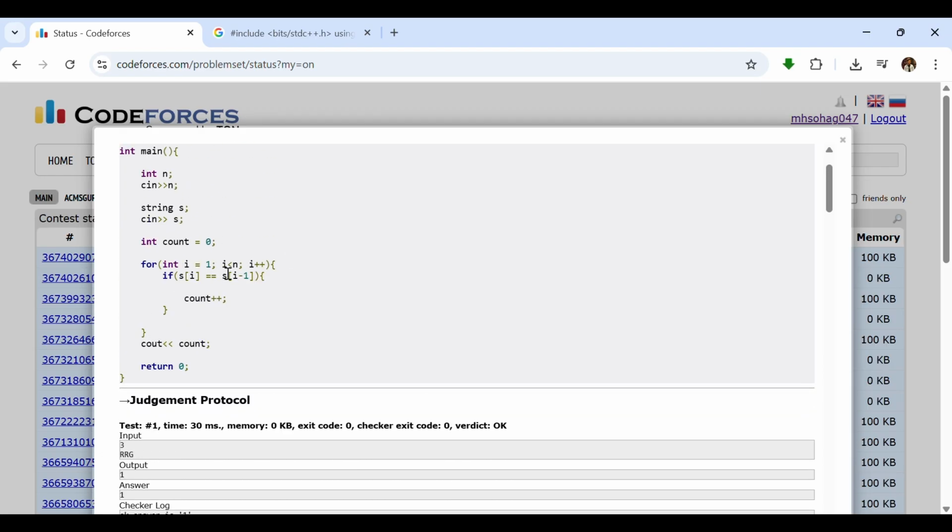Okay, i is smaller than n, because at least 2 stones are needed to compare the neighbors of each other, so that we can understand whether the neighbors are similar or unique. Okay, i plus plus